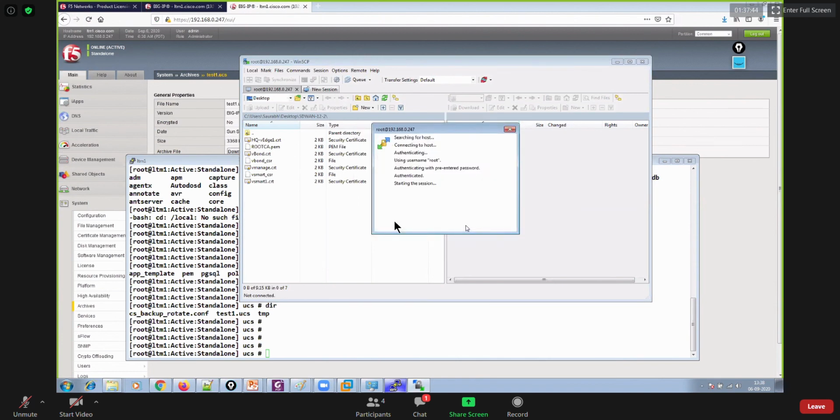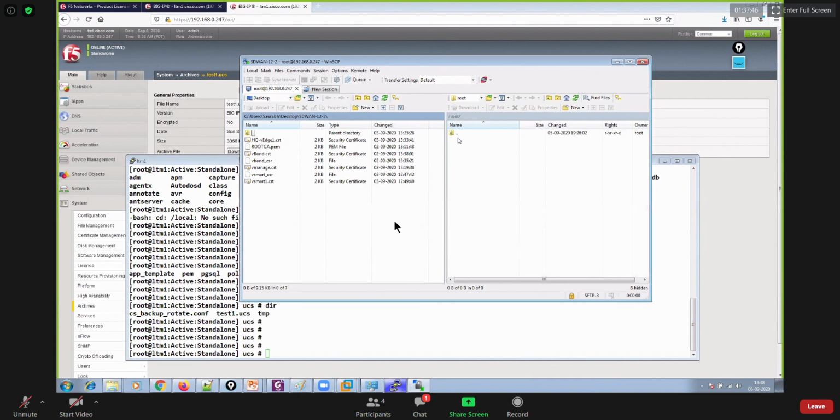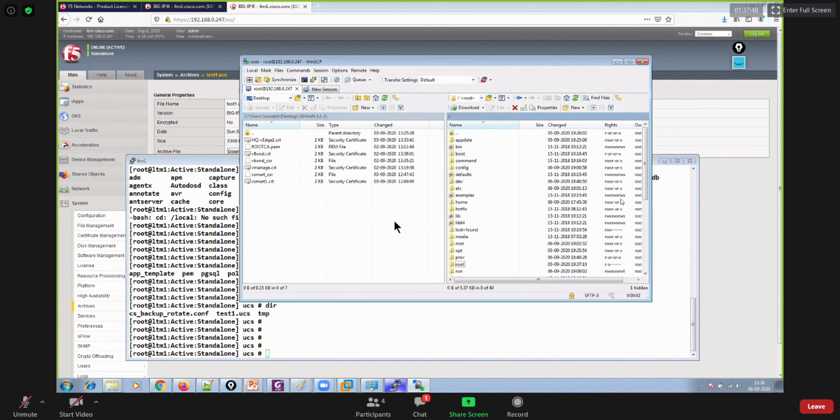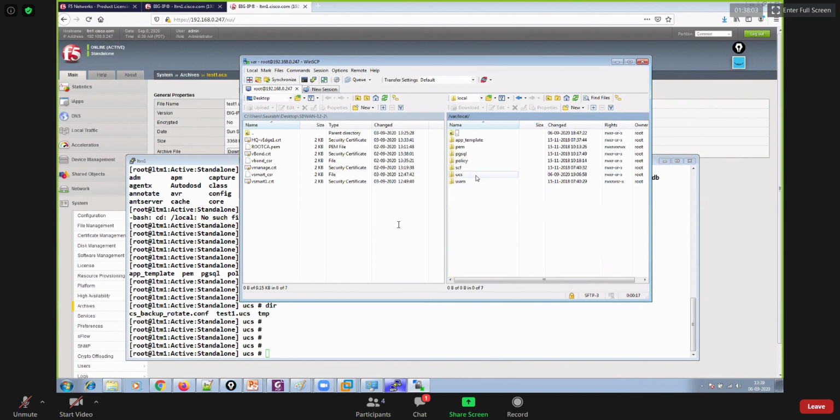Continue, you will get connected to this machine, then go inside this directory, then work, then local, right? And then you would go to UCS, and then you could copy this file to your local machine.